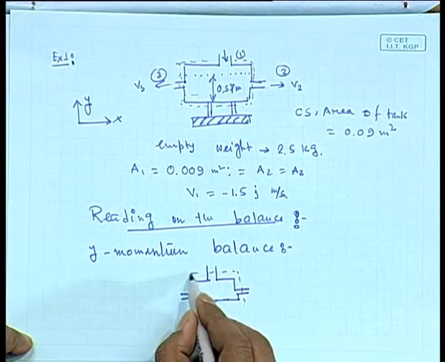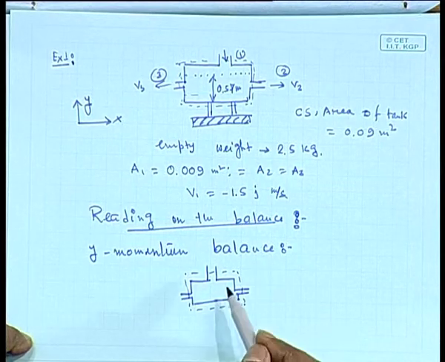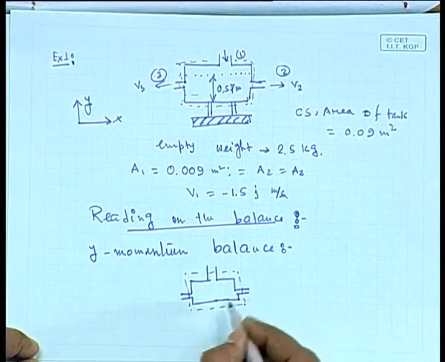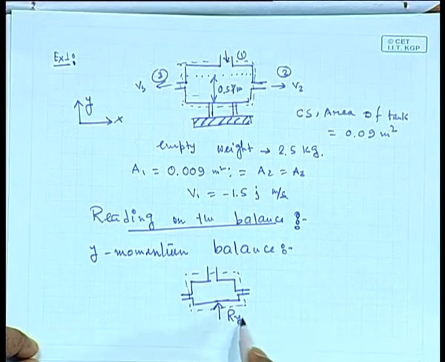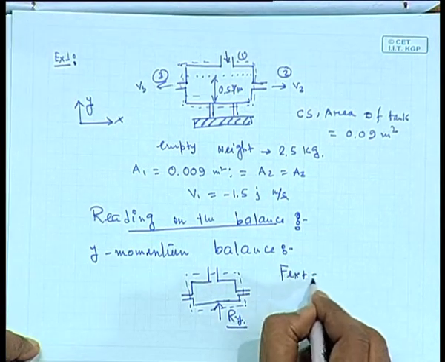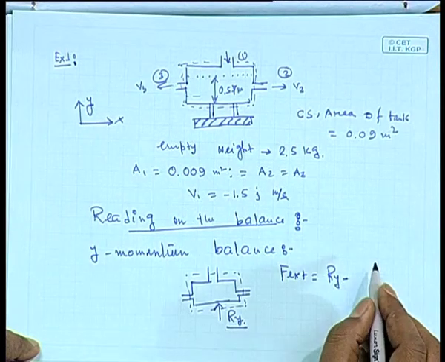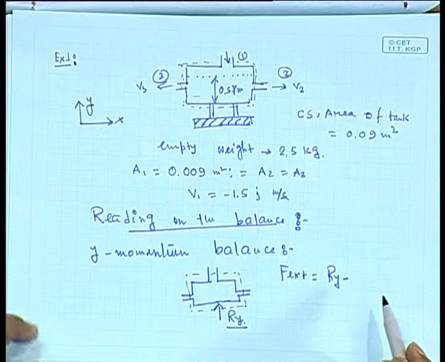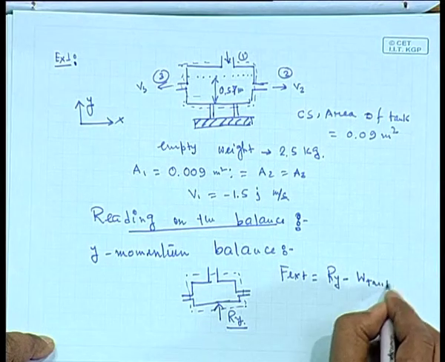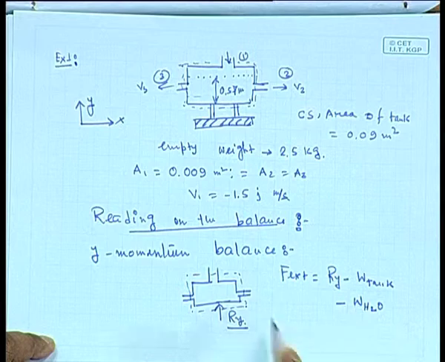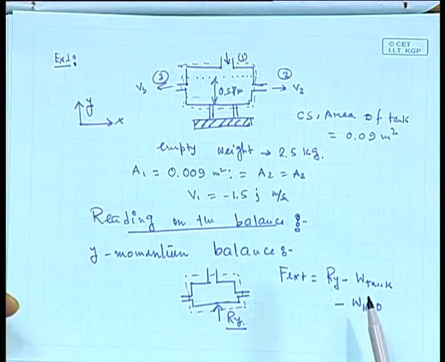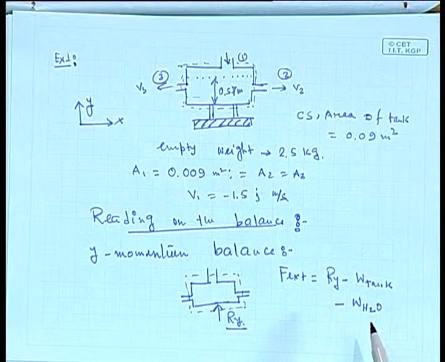Your atmospheric pressure or atmospheric force is acting in all the directions, so there will be no net pressure force acting over it, and you will have some kind of reaction force, which you just put arbitrarily in the positive y direction. Now, the net external force will be Ry minus the weight of the empty container, W of tank, minus the weight of water enclosed in the volume. The volume is basically this height multiplied by the cross sectional area of the tank,